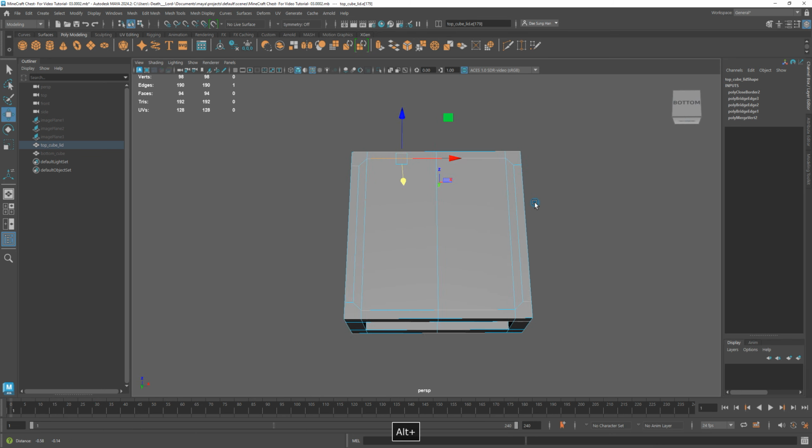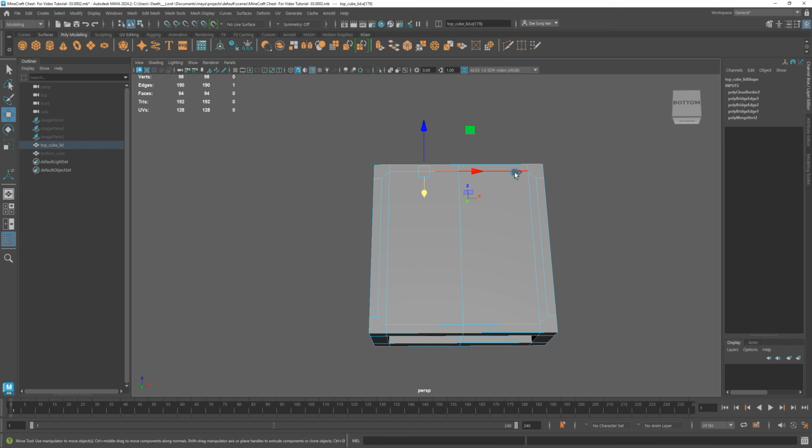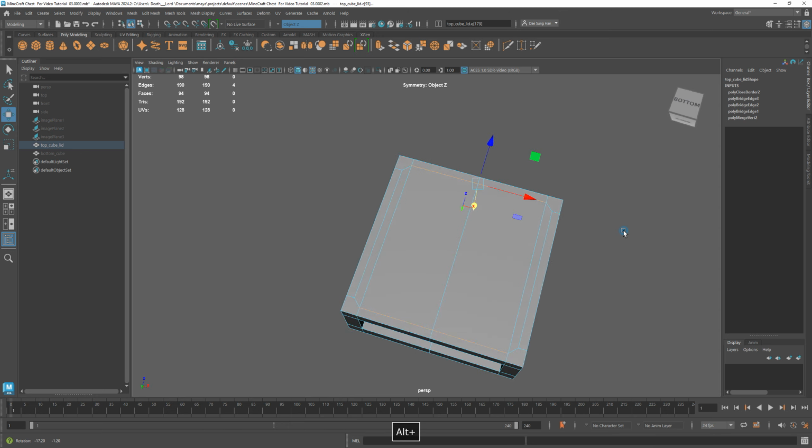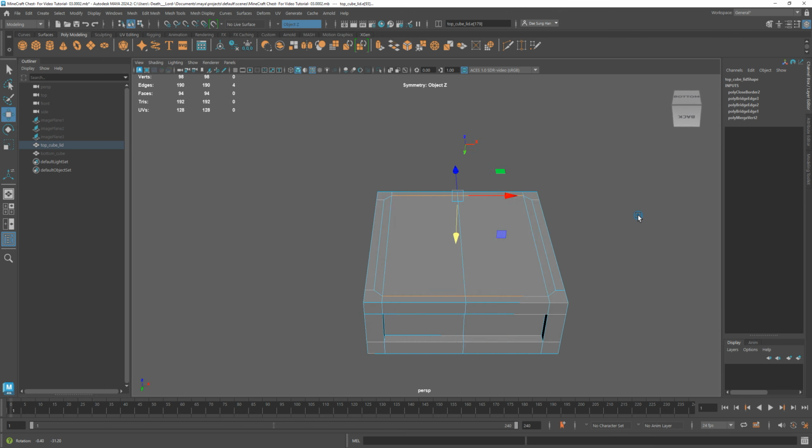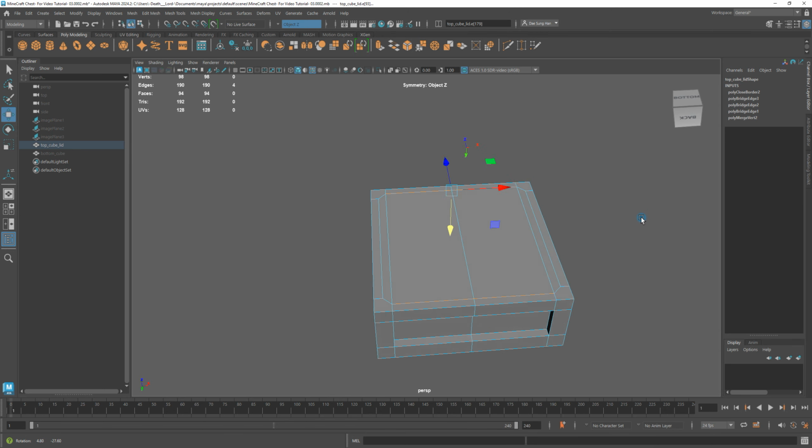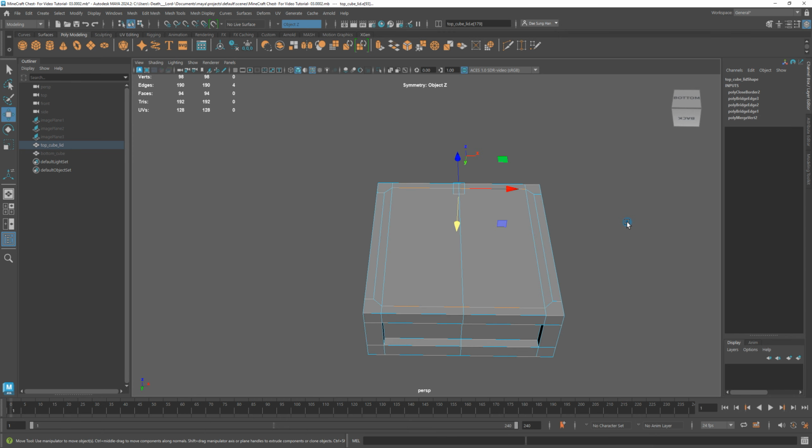So I'm gonna grab object Z, basically so I can grab the other side. Just makes things a little bit easier. And then grab that and grab